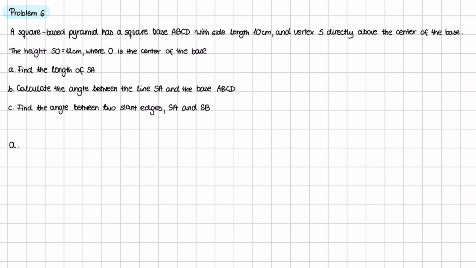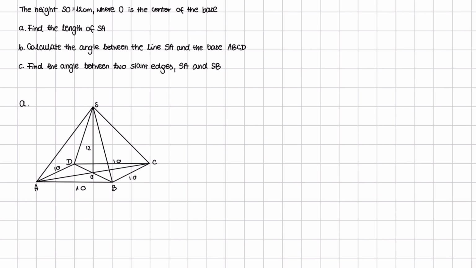So let's firstly draw our pyramid because it will be easier to find this length when we have this square-based pyramid in front of our eyes. So this is our pyramid, and we have to find the length of SA. This is basically a slant height, and we can find it by using the Pythagorean theorem. So we need also this height and this. However, we don't know the length of this, so we can